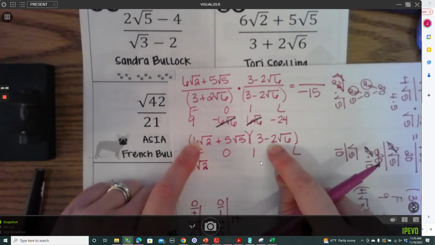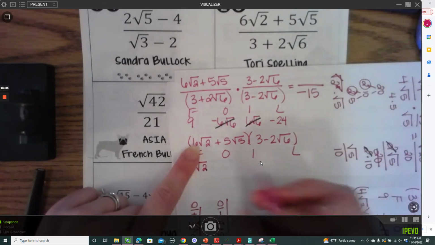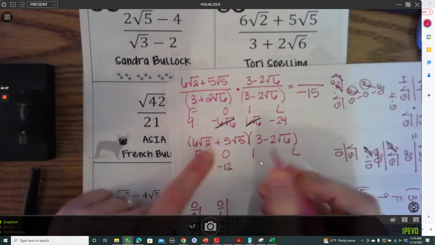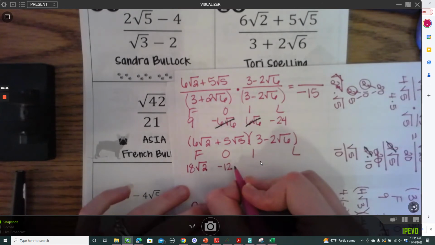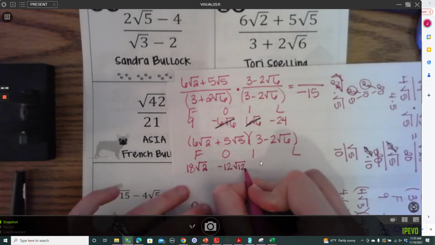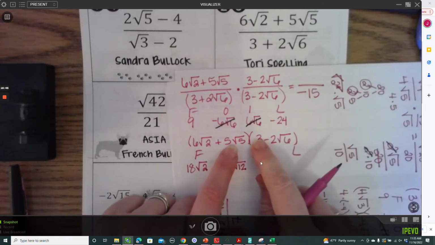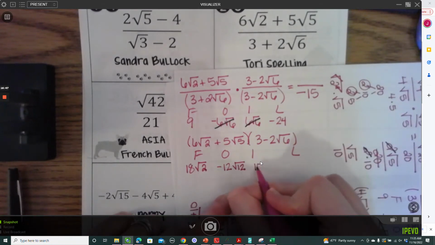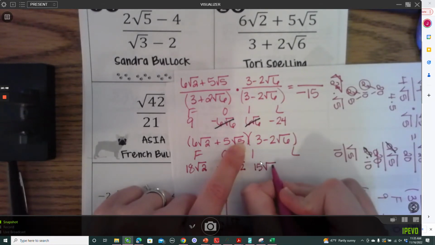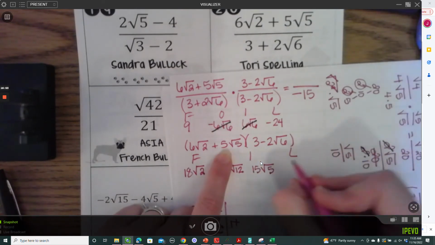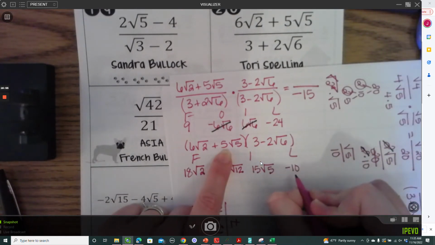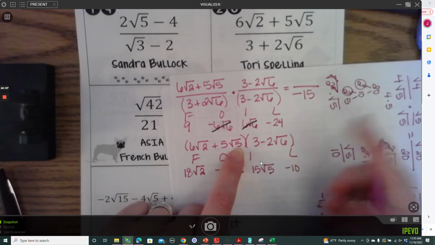Outside, 6 times a negative 2 is a negative 12. And then underneath, since it's different, 2 times 6 is a positive 12. Inside, 3 times 5 is a 15. Tack on the square root of 5. And then last, 5 times a negative 2 is a negative 10. 5 times 6